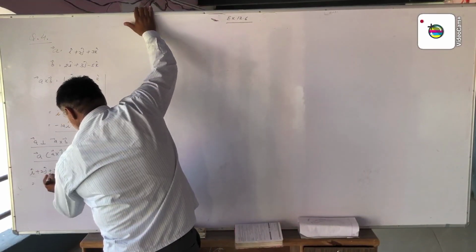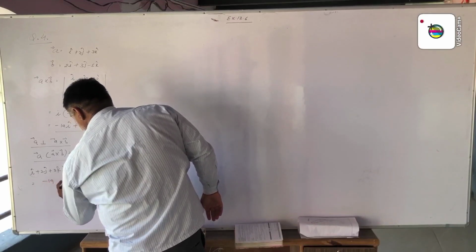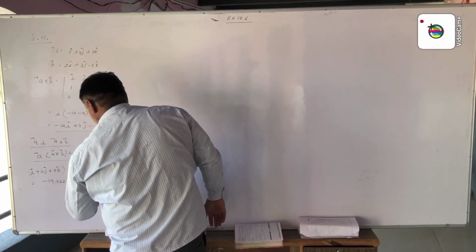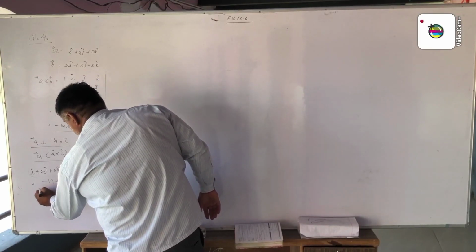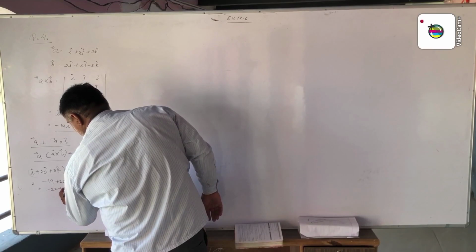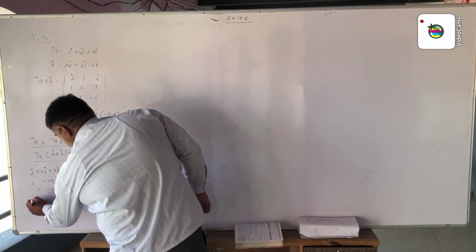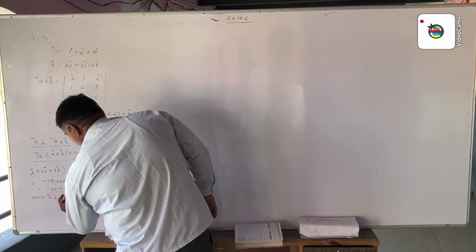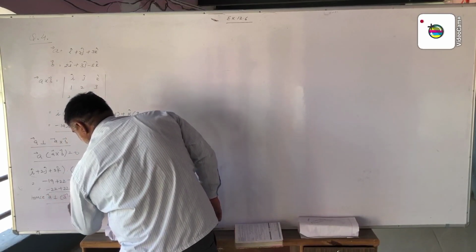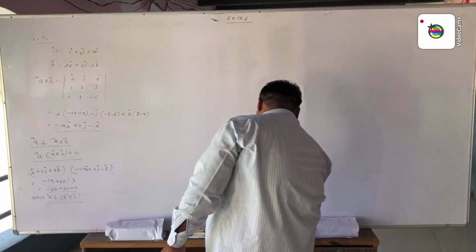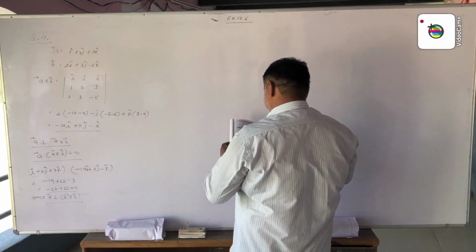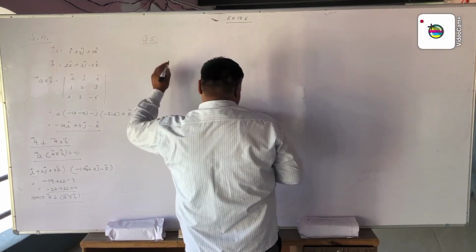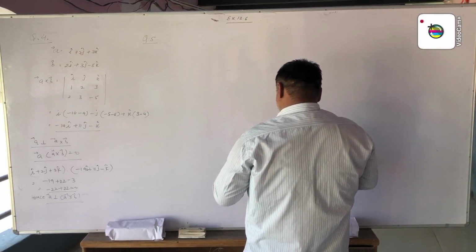We multiply these vectors: we get minus 19. 2 multiply 11 is 22. 3 multiply minus 1 is minus 3. This is minus 22 plus 22 equal to 0. So hence vector A is perpendicular to vector A cross B. Hence proved. And in question number 5 it says we have given vectors A, B, this.